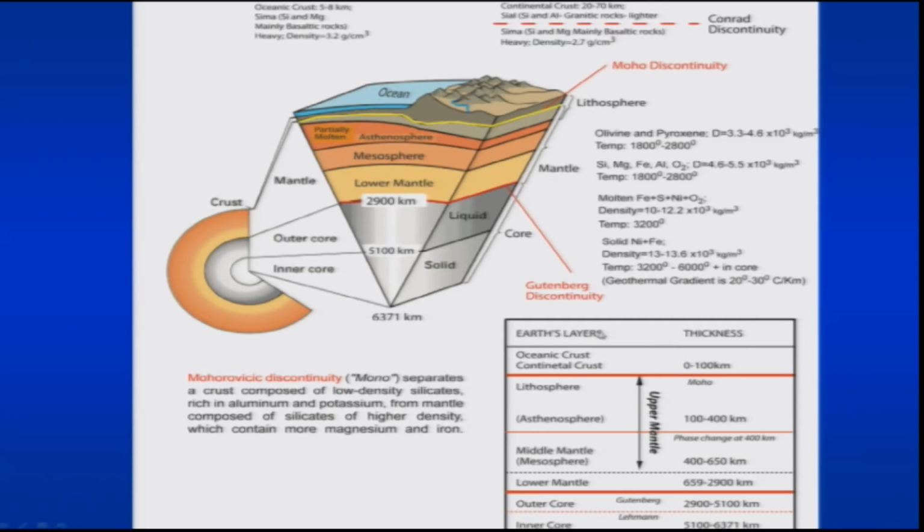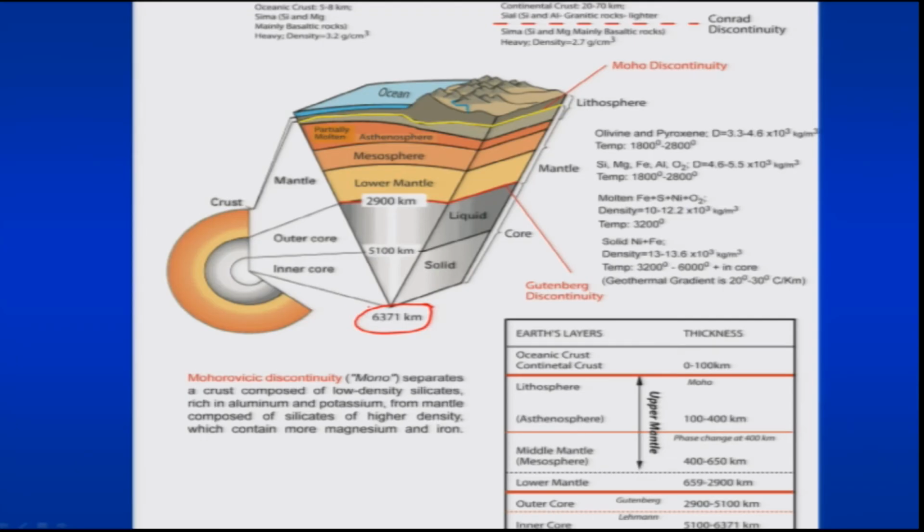So, here we have the lithosphere, which is comprised of oceanic crust and continental crust, and its thickness is very meager, because if you look at the total radius of the Earth, we have almost 6,370 kilometers. So we have a very thin portion of the Earth's layer, that is your lithosphere, comprised of continental crust and oceanic crust.